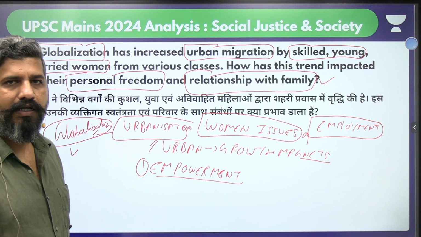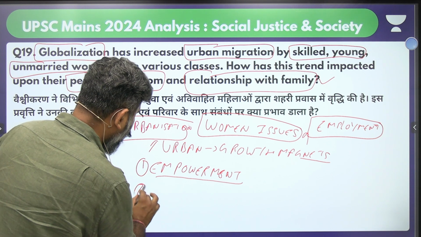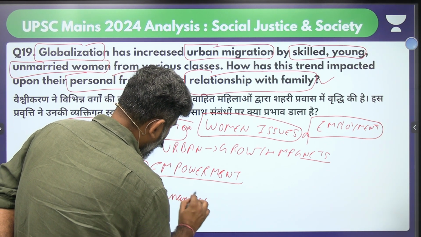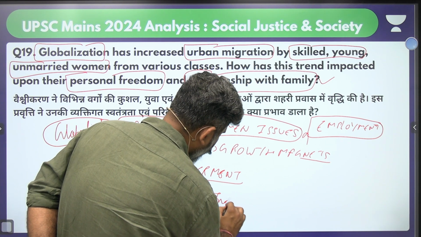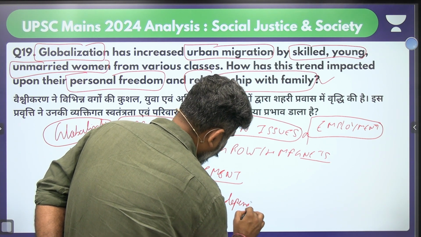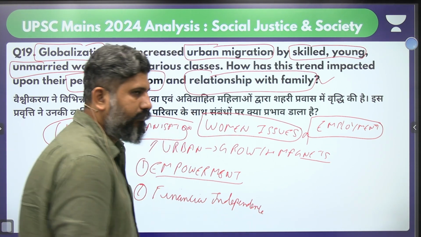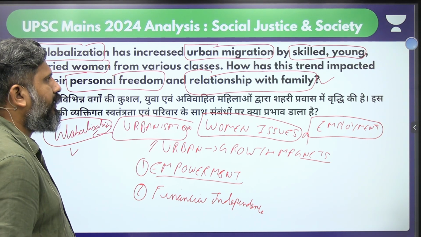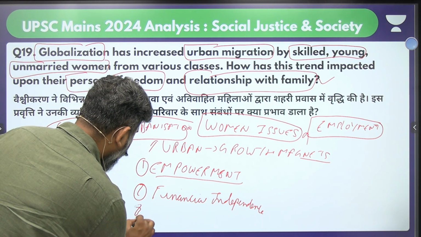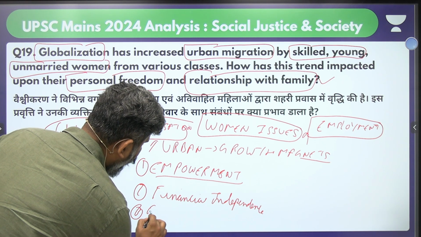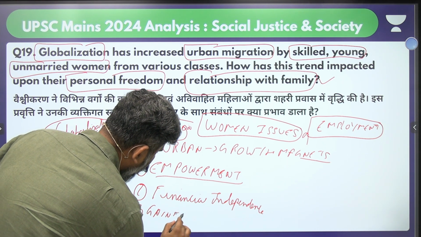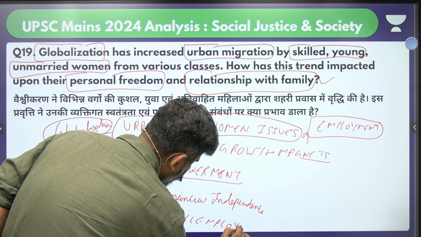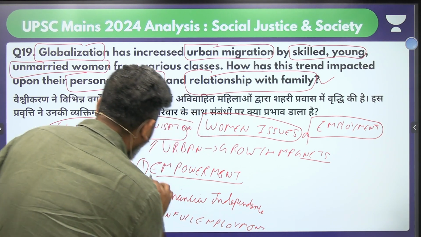It leads to their empowerment. It provides them with financial independence. Agree? It provides them with gainful employment, which is basically an improvement over the traditional attitudes